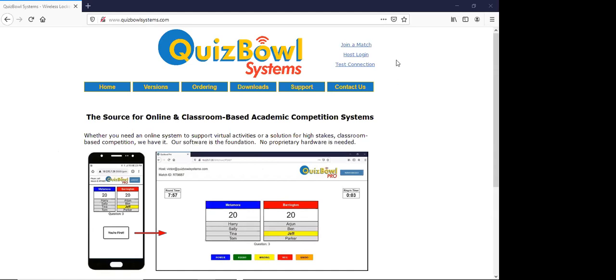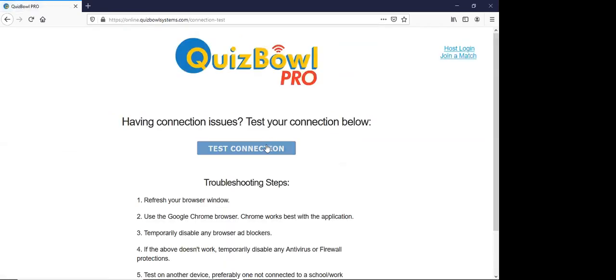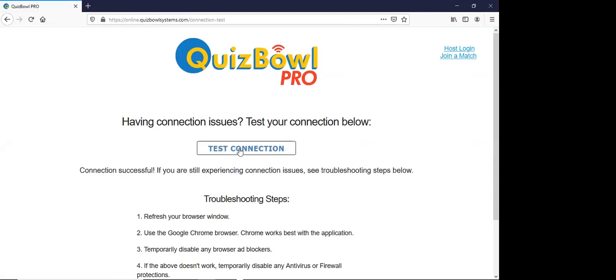Up until a couple of days ago, there were only 2 links up here in the upper right. Join a match, that's for players. Host login, that's for moderators or for hosts. This third connection just got added. So when you identify where you're going to be hosting matches from, go to this test connection page and click this test connection button. And it's going to come back and tell you if you're good, or if it's not good, it's going to tell you some things about what you need to work on to make the system work